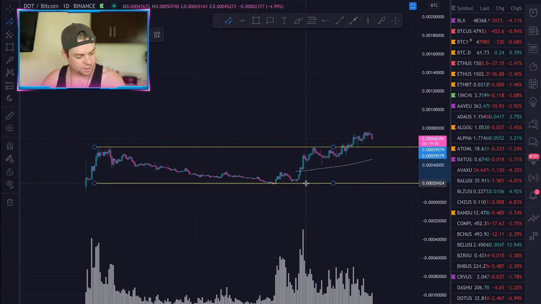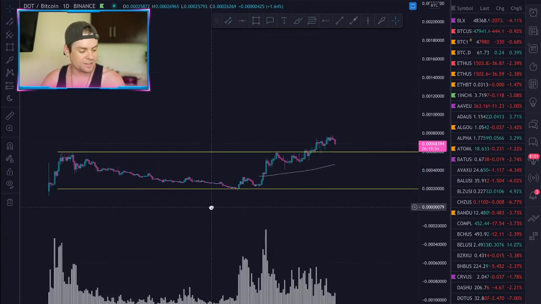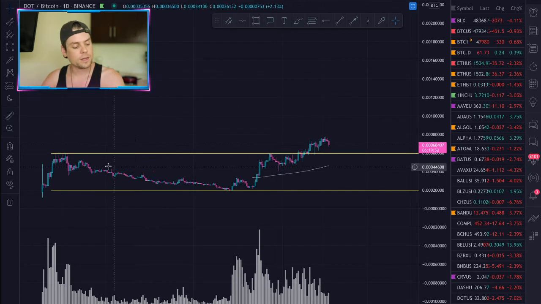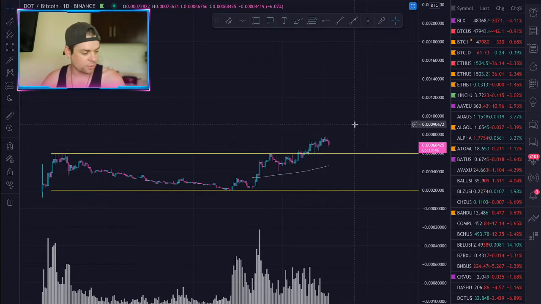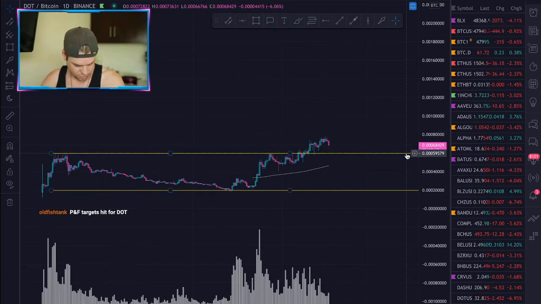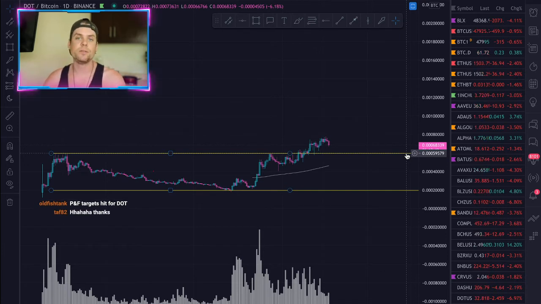So, if this is our accumulation, which is kind of a weird one, but anyways, this was our previous buyer's climax back here. We met resistance, we broke resistance, we're coming down for a test. So what are we on Bitcoin? We want about 6,000 Satoshis. If you can see DOT at 6,000 Satoshis, I think that would be a really good buy. I mean, it's not even that far away from it now.